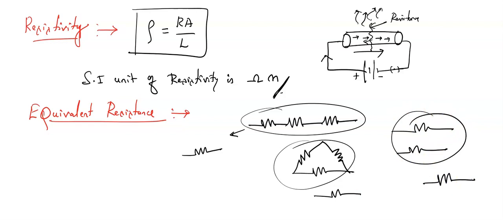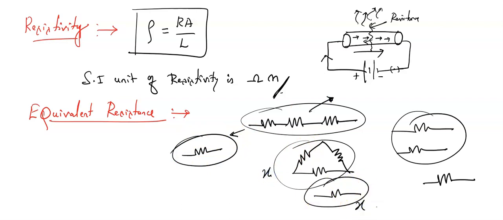However many resistances you have, we combine all of them into one. We combine or replace all the different resistances into one resistance, but still the resistance will be unchanged. How much resistance is here, the same amount of resistance will be here. How much resistance is here, the same amount of resistance will be here. That is called equivalent resistance. What does equivalent resistance mean?